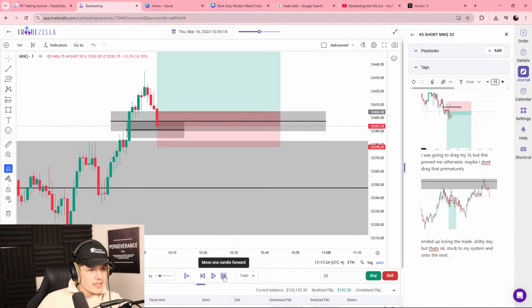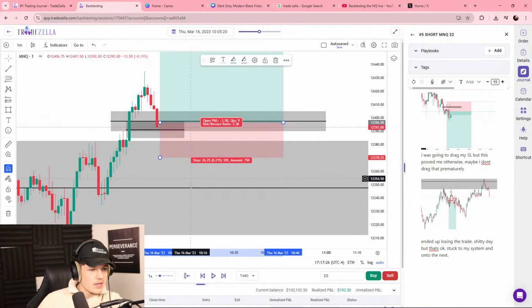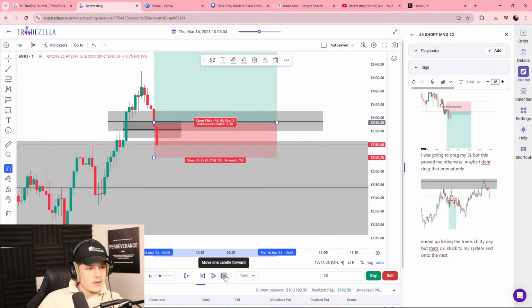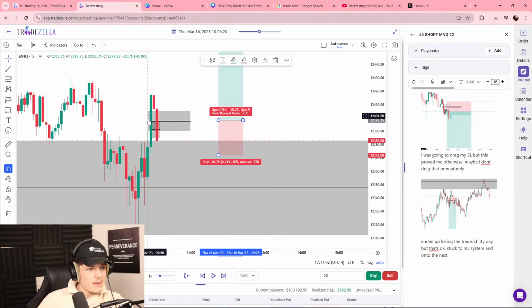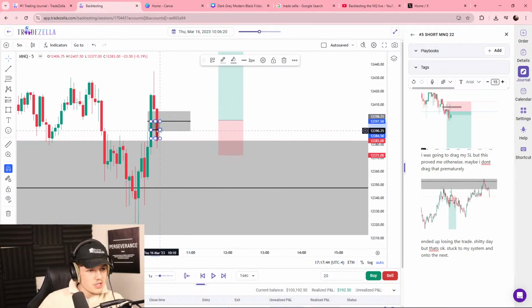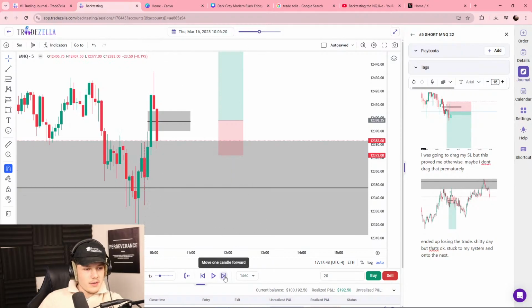It's all about reading price action. Does it want to respect it? I'm not in this trade yet. Does it want to respect? If it closes up here, I'm going to take it. No sign of respect so far. So since we traded all the way down there, I'm going to jump up to the 5-minute, because we can potentially get a nice reaction on the body close because there's an order block here.